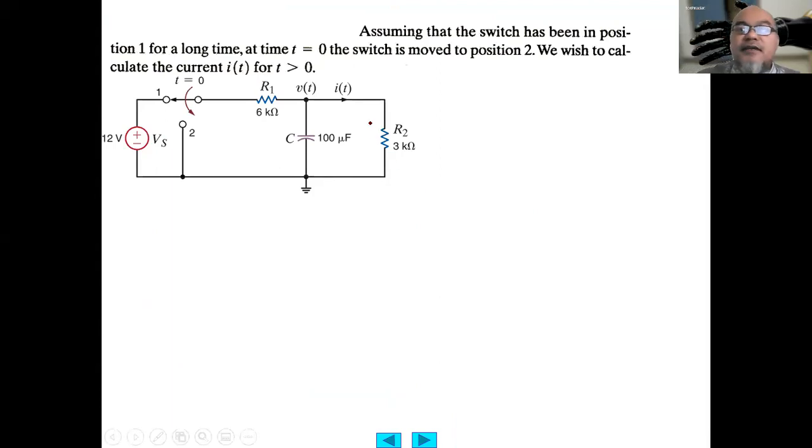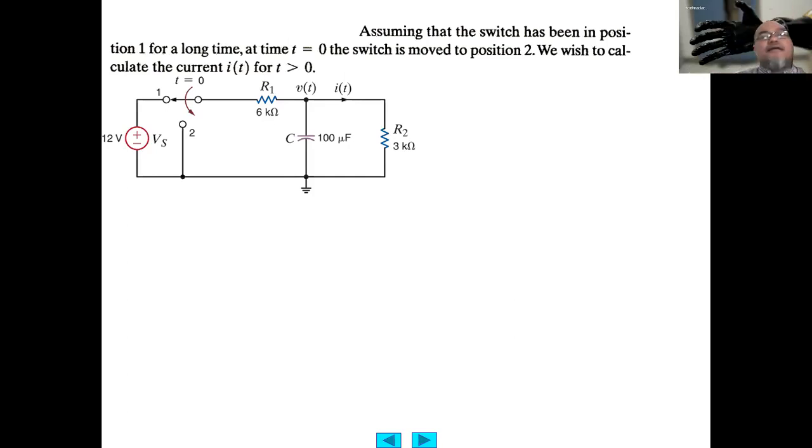Assuming that the switch has been in position 1 for a long time, at time t equal to 0, the switch is moved to position 2. We wish to calculate the current i(t) for t larger than 0. So in this case, then